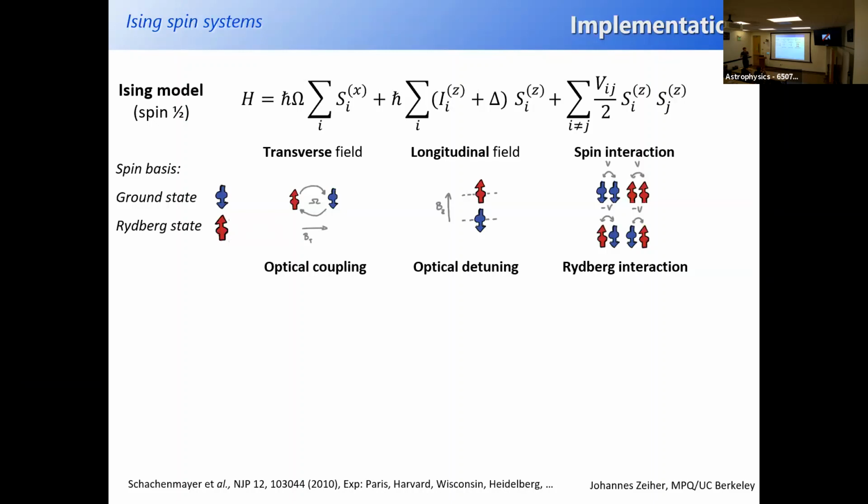And the Rydberg interaction maps onto a spin interaction, an Ising interaction that is different from the Ising interactions we normally see in the textbook, and that is a long-range Ising interaction. So it's not just nearest neighbors that interact, it's also next nearest neighbors and beyond. So you can write down this Ising model based on a laser-driven Rydberg gas.